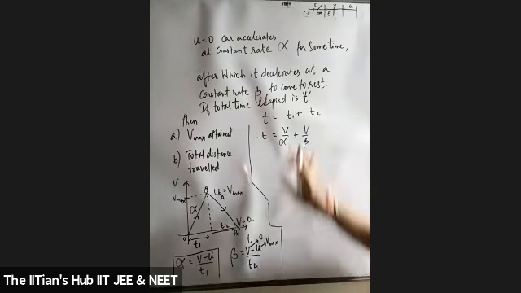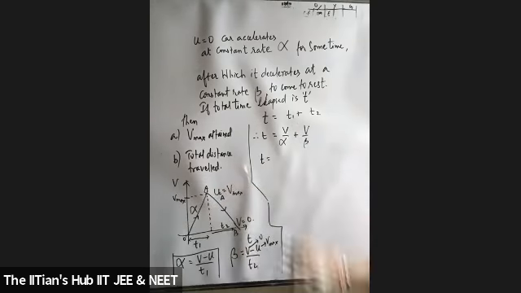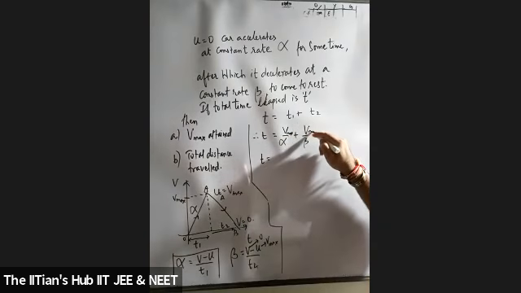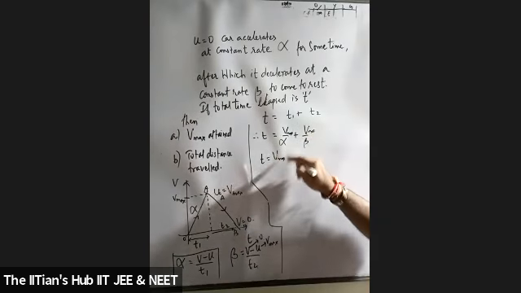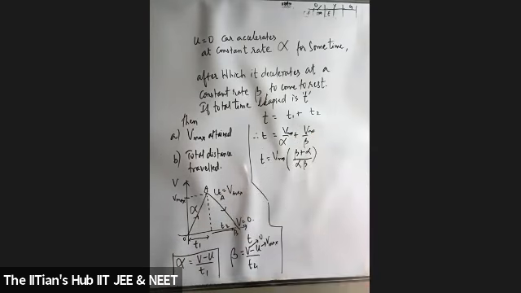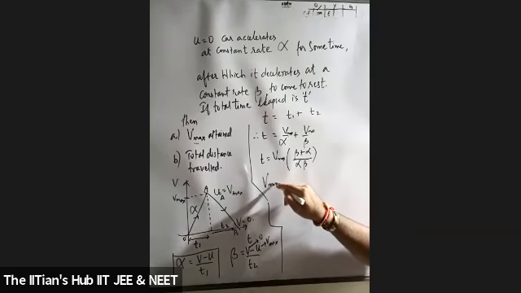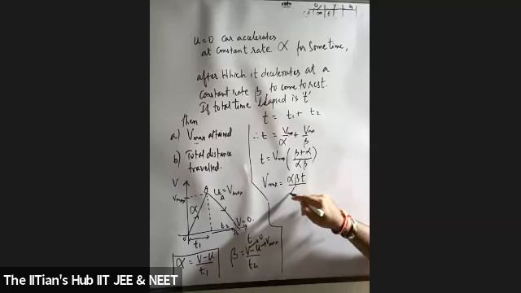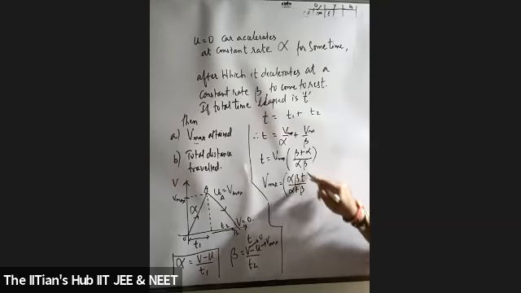And this is your V max. Agreed? Students, are you getting it? Can I remove V max as a constant? This is V max, this is also V max, so I can take V max outside. So what am I going to get? Beta plus alpha upon alpha beta. What was the first question asked? V max. So can I make V max the subject? My answer is alpha beta total time upon alpha plus beta. Is this clear?